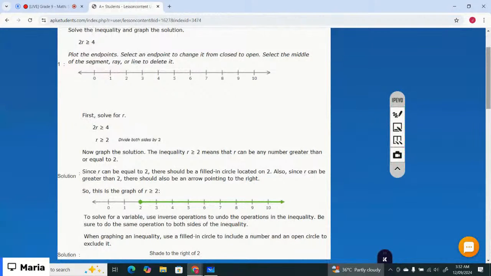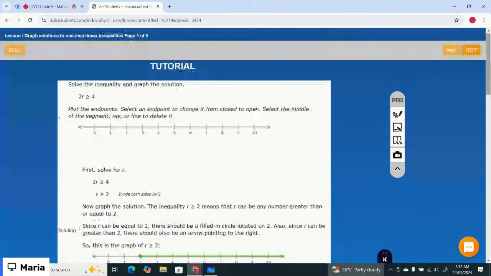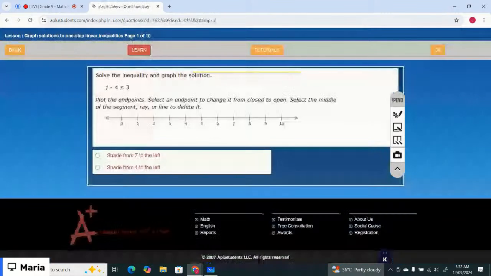So that means the graph would be shaded to the right of the 2, right? Okay, let's just start with the test questions. First, you have to solve the inequality, then you have to graph, right? Okay, so